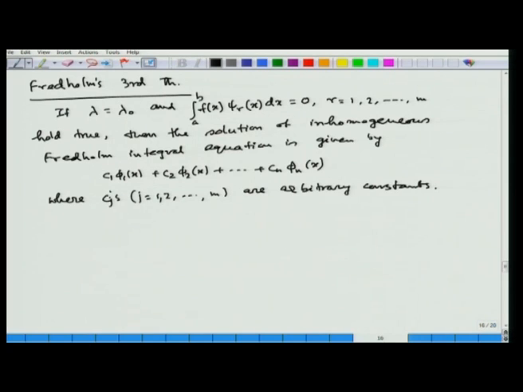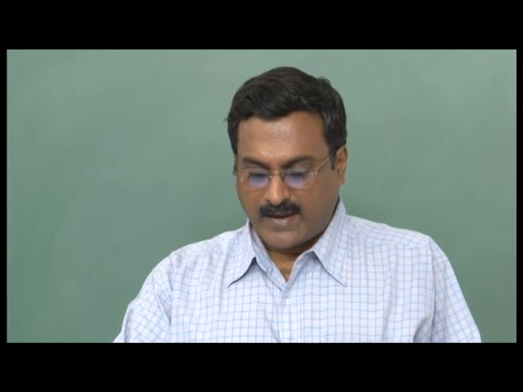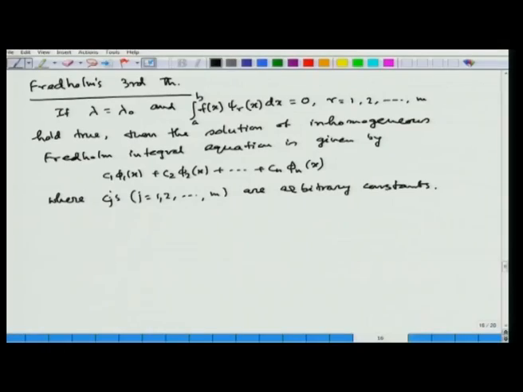So, these are the three Fredholm theorems associated with the Fredholm integral equation of the second kind. In case lambda is not an eigenvalue of the associated homogeneous problem, and f(x) and the kernel k(x, s) are continuous over the interval (a, b), then we have a unique solution. And in case lambda equal to lambda 0 is an m-fold eigenvalue, or a zero of delta(lambda) of multiplicity m, then we will have m eigenfunctions.